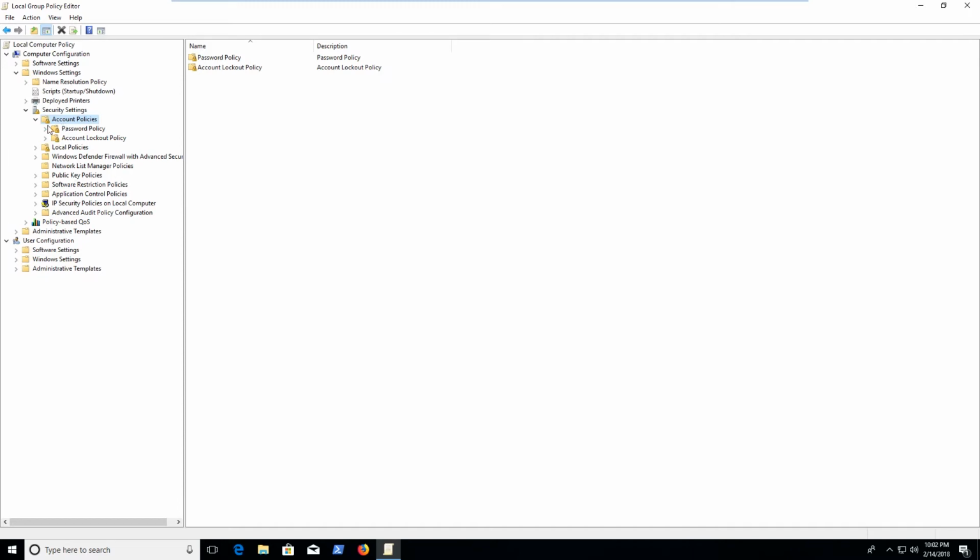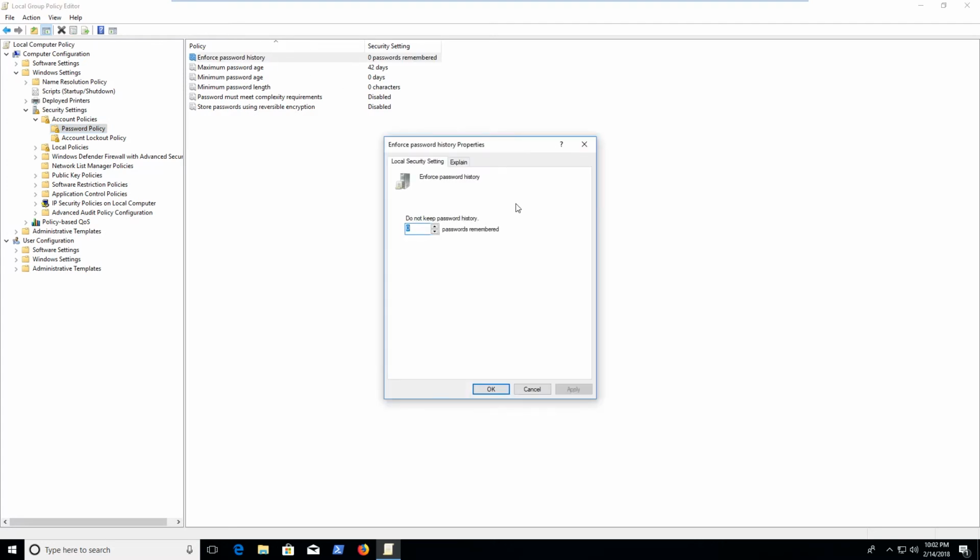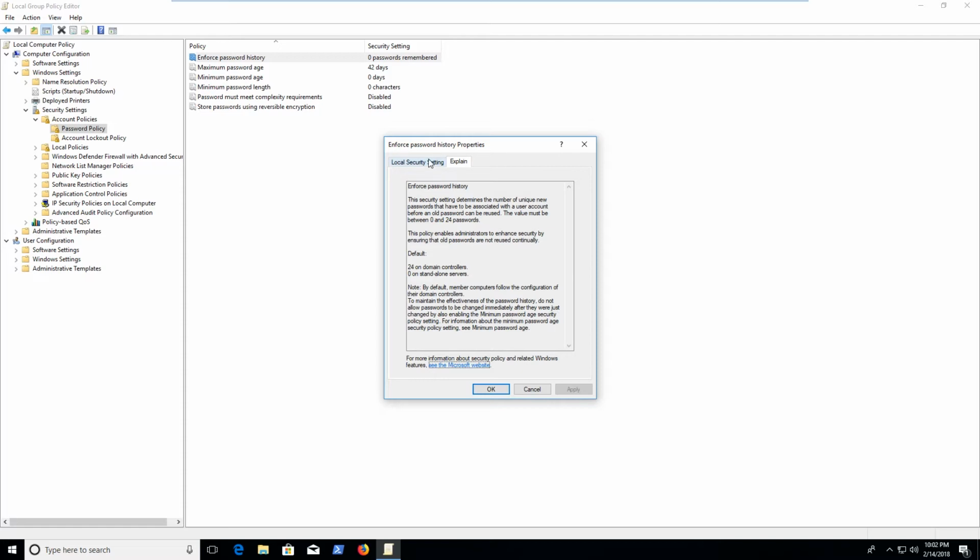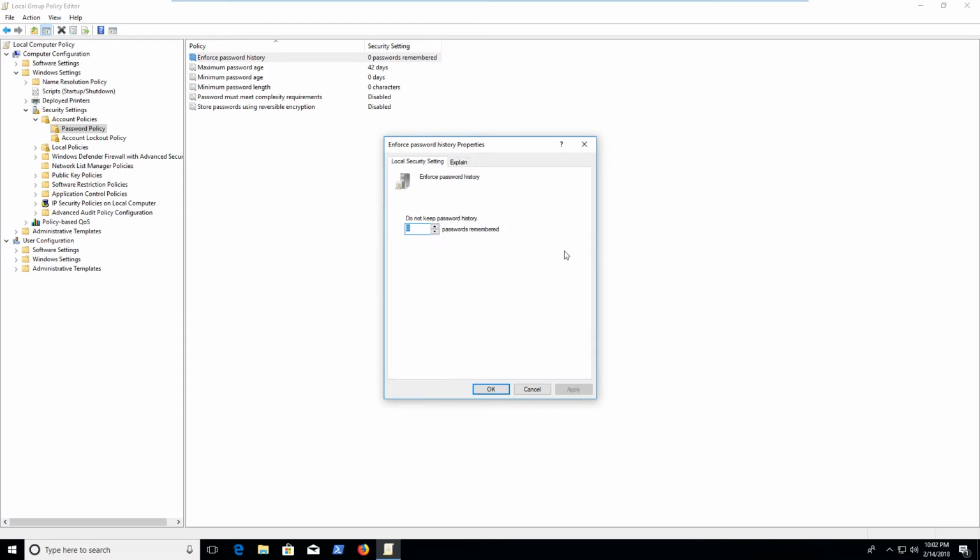You're going to notice we've got a lockout policy and a password policy. You could technically do either one of these. A couple of things in here. Let's just start at the top and work our way down. Enforce password history. These generally have a little explanation on them. But anyways, password history is like,